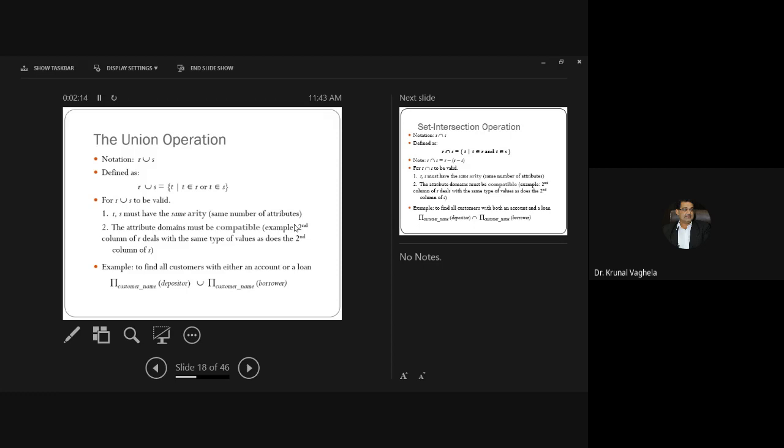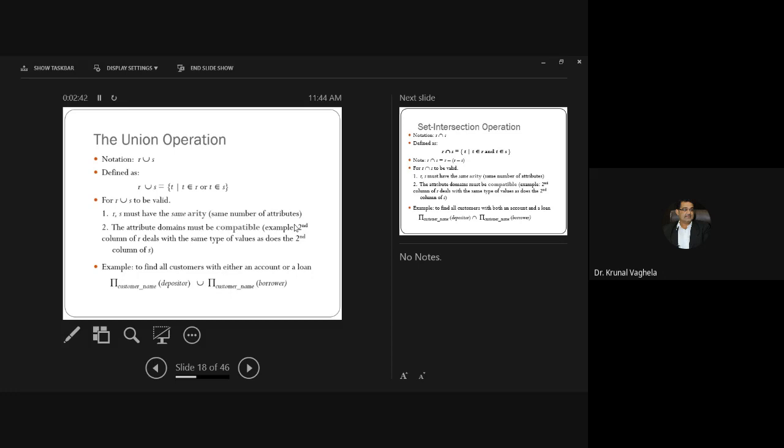One example is given. Find all the customer names who have either an account or a loan. Whenever you see words like either or, then you must use union.